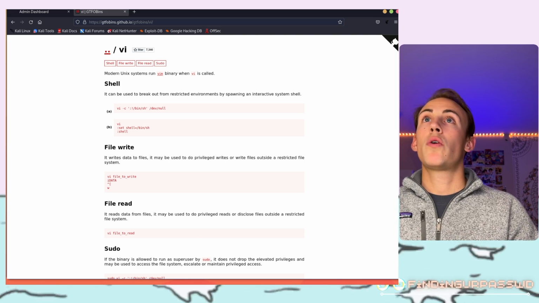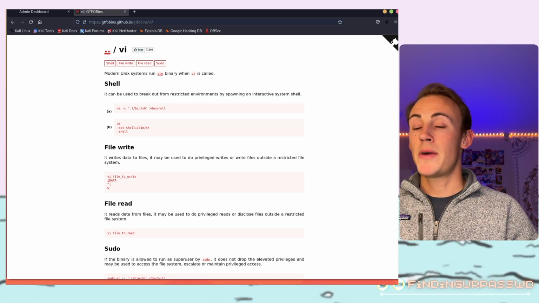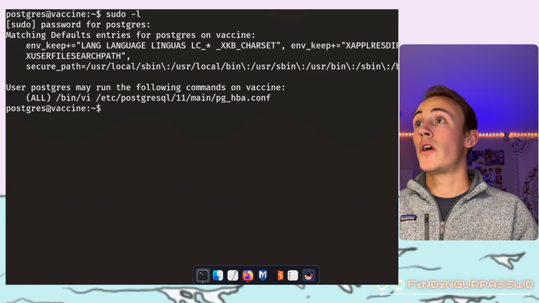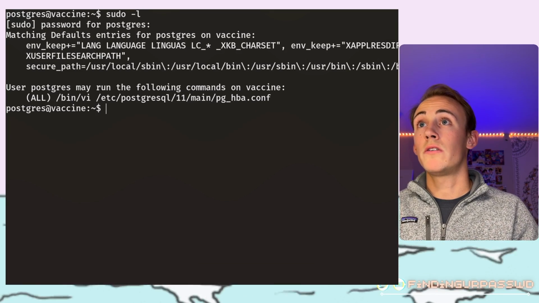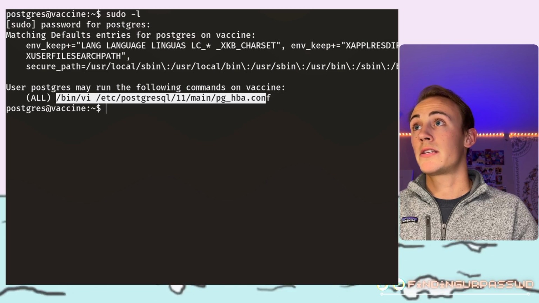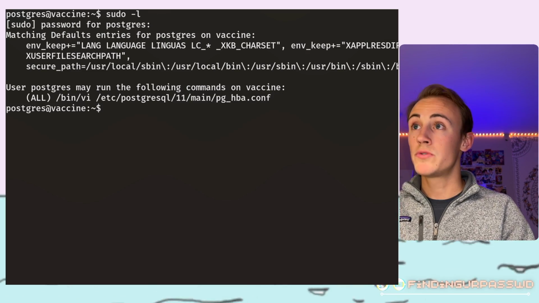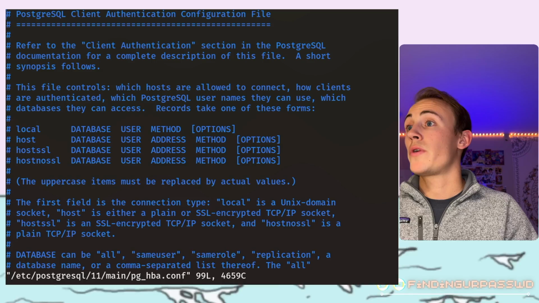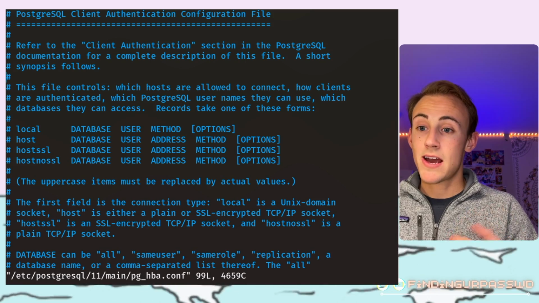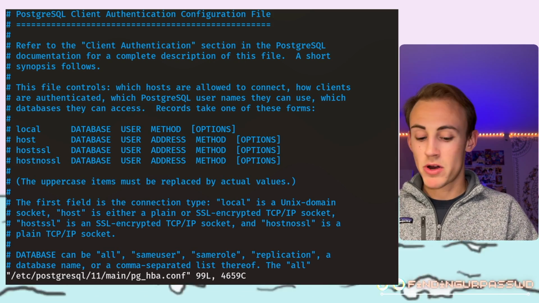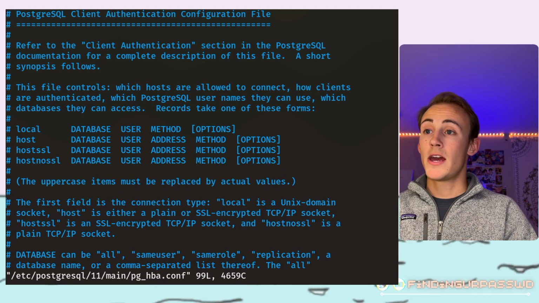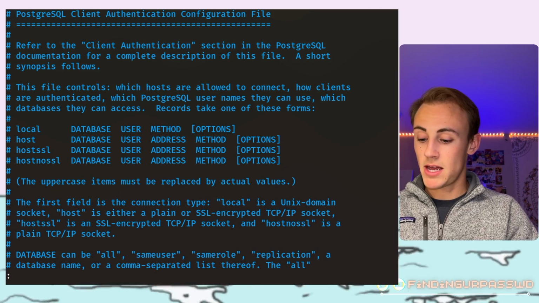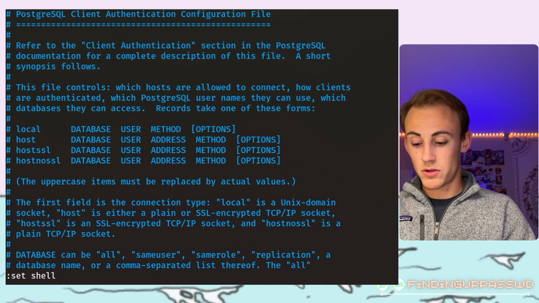So now that we know what that is going to look like, let's hop back over into the terminal and actually get that done. So what we want to do is basically take all of this, because we're going to execute that as the sudo user. Then we just need to execute this as the sudo user, and we are allowed to here. And now in VI, to enter into command mode, you're going to type a colon. And then the first thing that we need to do is to do set shell equal to /bin/